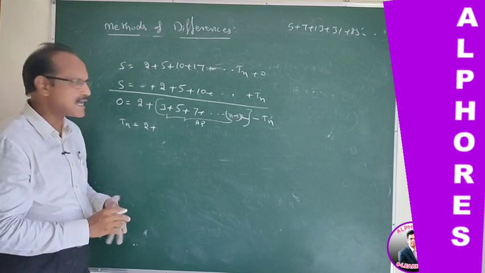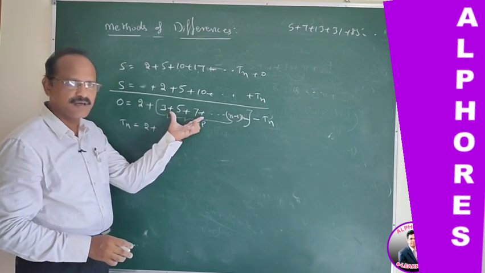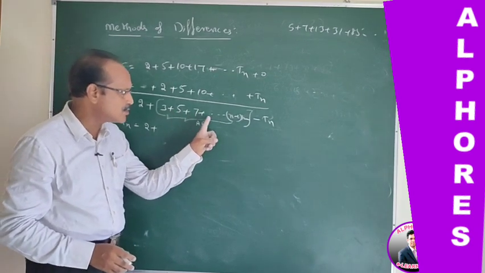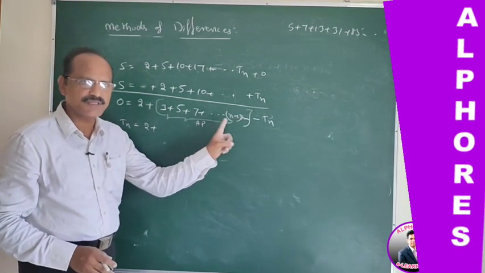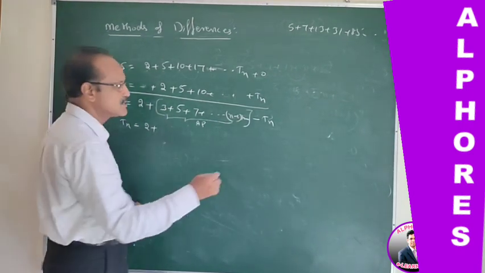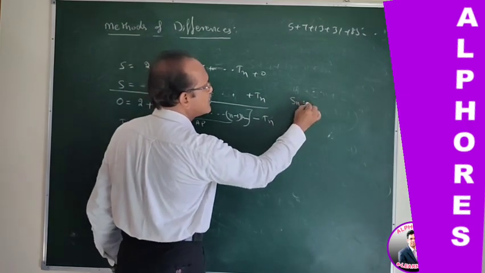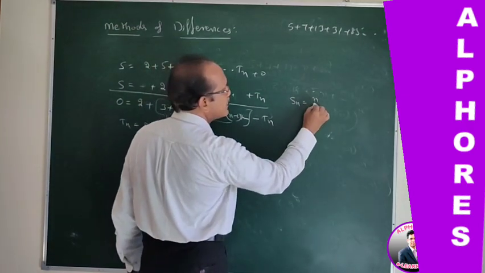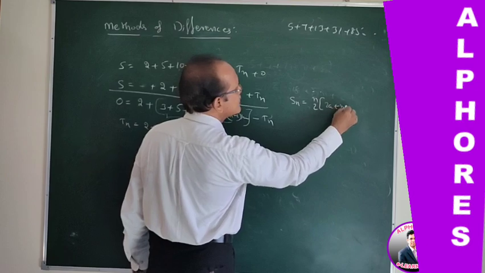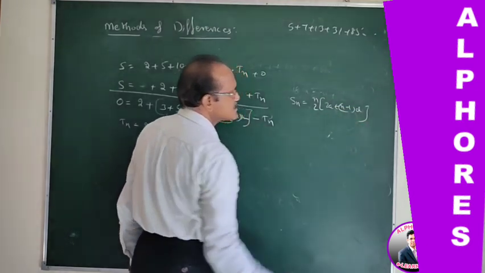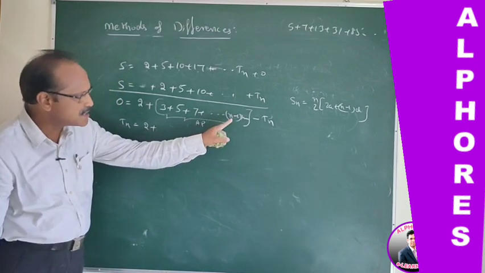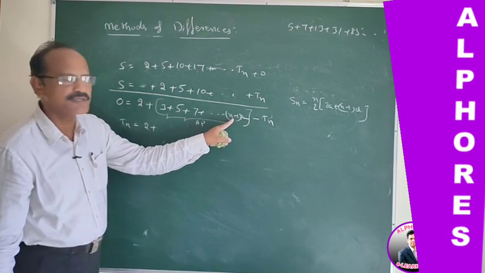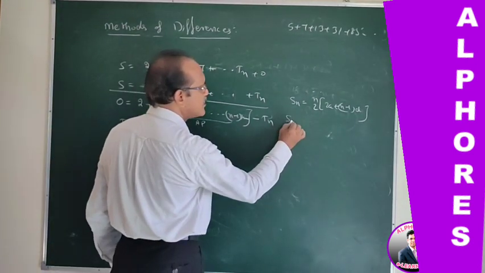Now we are going to calculate the value of this sequence. Of course, these are the sum to n minus 1 terms of the AP. The sum to n terms of an AP is given by n by 2 of 2a plus n minus 1 into d. That is the formula for the sum to n terms. Now we are going to calculate the sum to n minus 1 terms, so put n minus 1 in this formula.